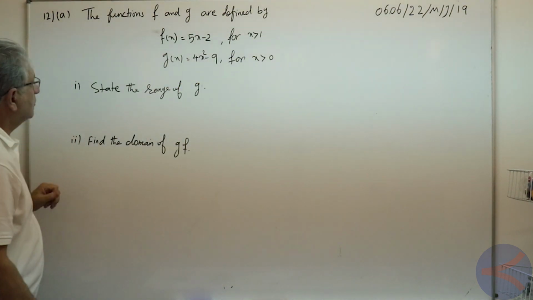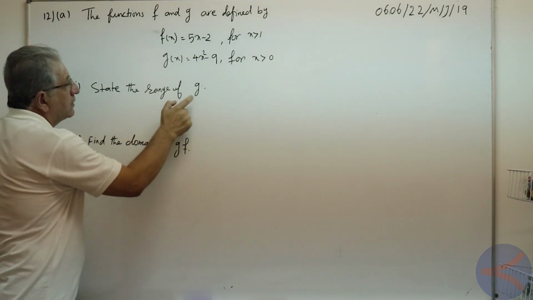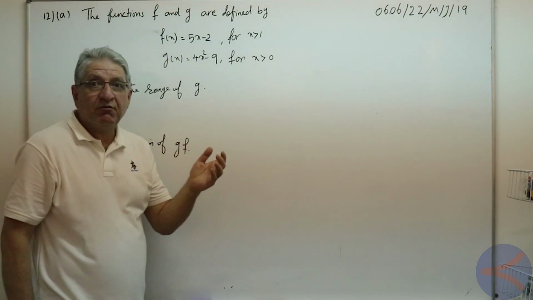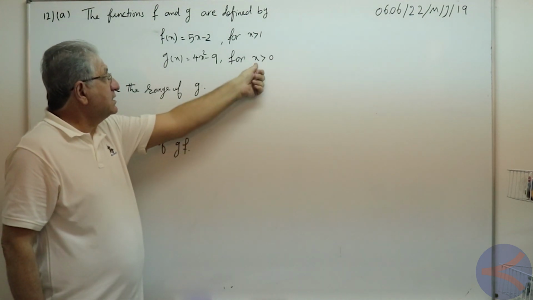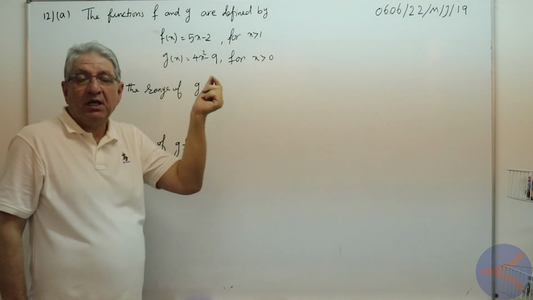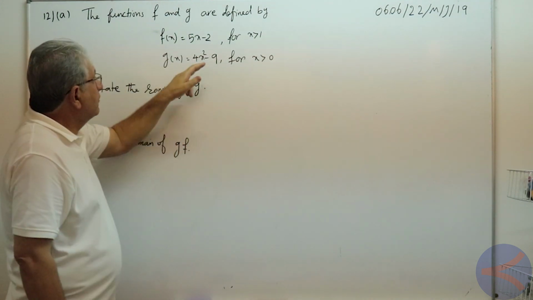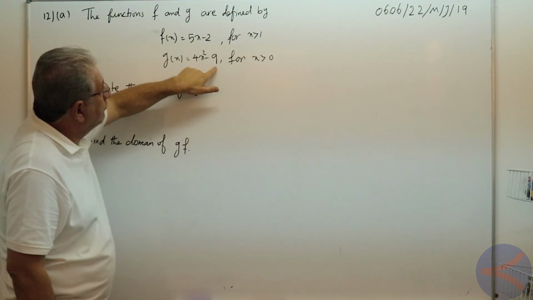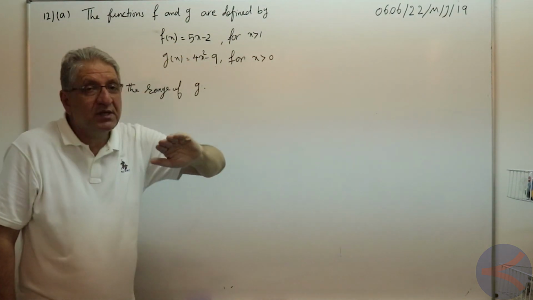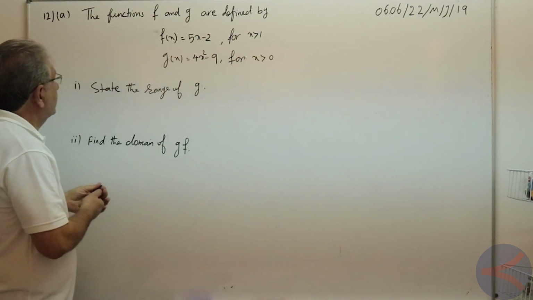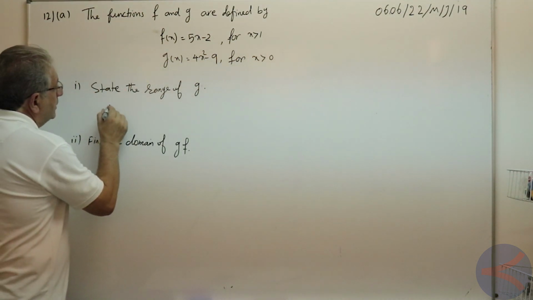Now he's asking to find the range of the function g. Range means the values of y. When x is more than 0, this number is always more than 0. If a number is more than 0, and you are adding this number to negative 9, then the range will always be more than negative 9. Therefore the range of g